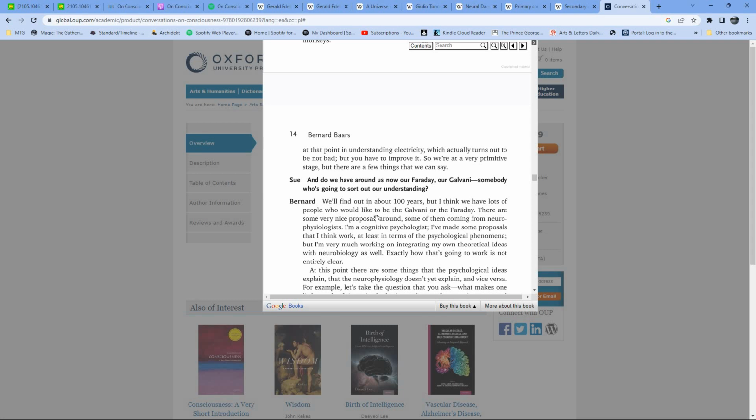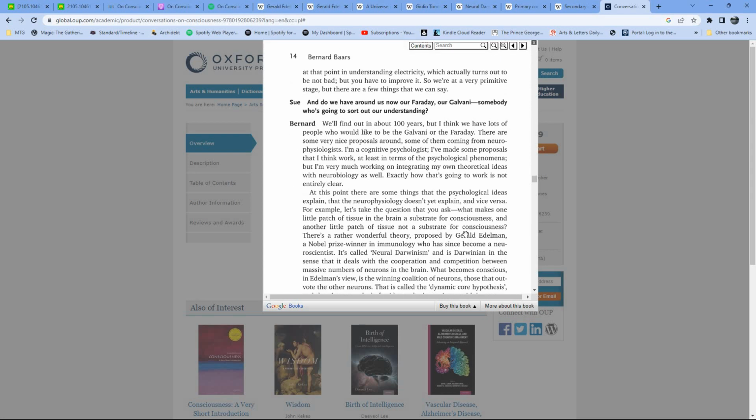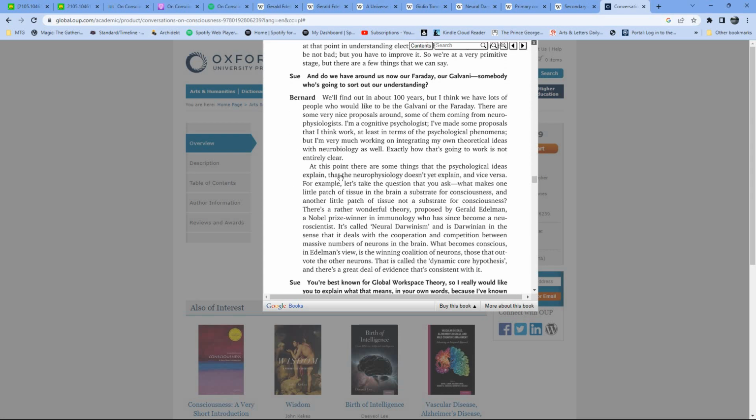But I think we have lots of people who would like to be the Galvani or the Faraday. There are some very nice proposals around, some of them coming from neurophysiologists. And he's just saying, I'm a cognitive psychologist. And then he goes on to mention, at this point, there are some things that the psychological ideas explain and that the neurophysiology doesn't yet explain, and vice versa. And then he says there's this rather wonderful theory proposed by Gerald,